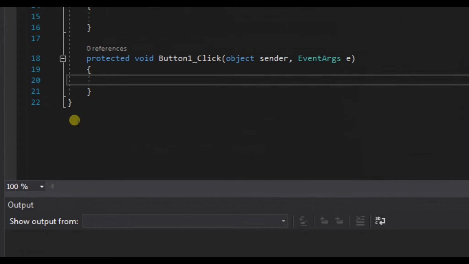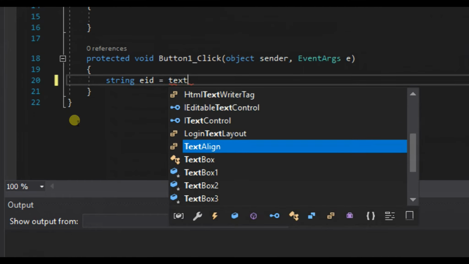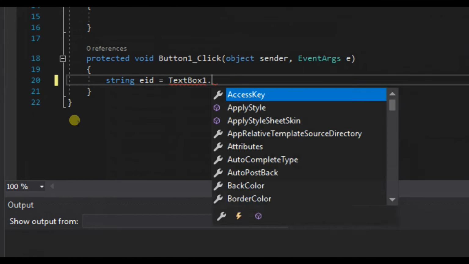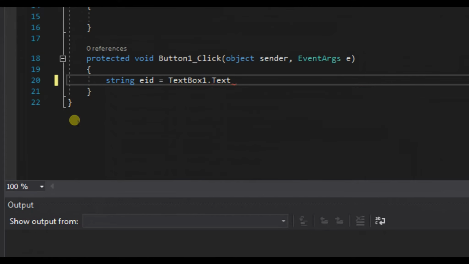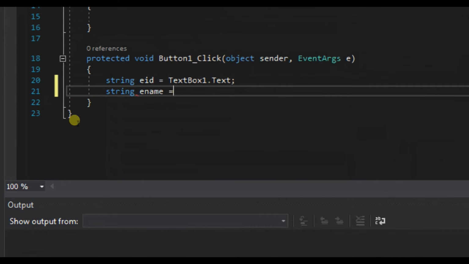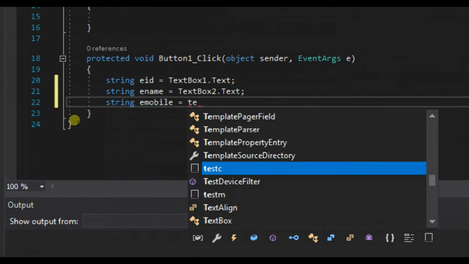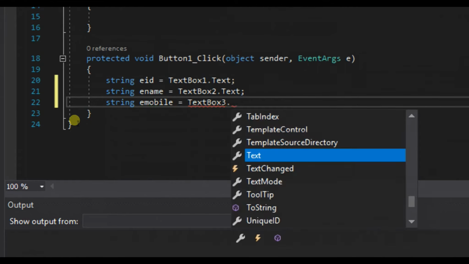Now, in our button click area, we will create a string. First we will get EID, that is employee ID, from TextBox1.Text, then string employeeName is equal to TextBox2.Text, then string employeeMobile is equal to TextBox3.Text,